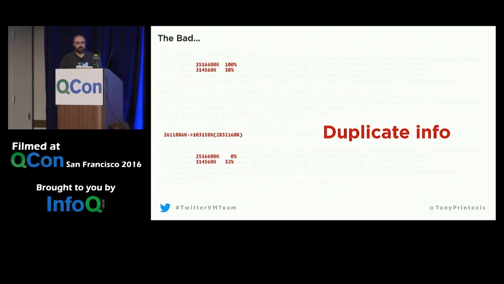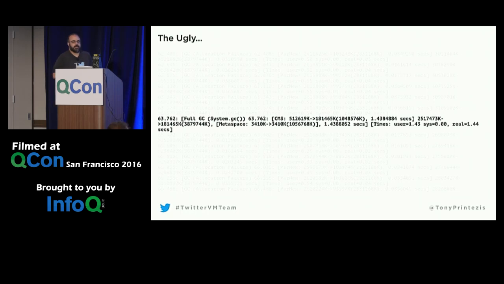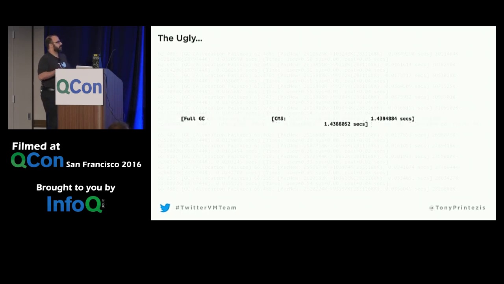Now let's go to the uglier ones. So this is a full GC. Let's drill down on the important parts. Instead of GC as we were seeing before, now it says full GC. And remember, it then tells us which part of which space in the heap was collected. In this case, instead of par new, it says CMS, because that is the CMS old generation, and the old generation was collected now. So we have square bracket CMS colon, and then it tells you that the old generation was collected, and it took like 1.4 seconds, right?